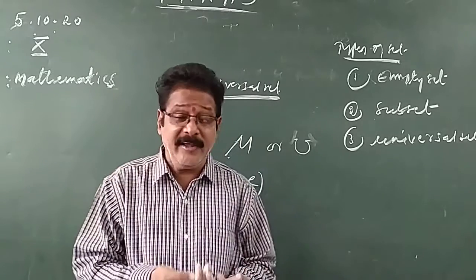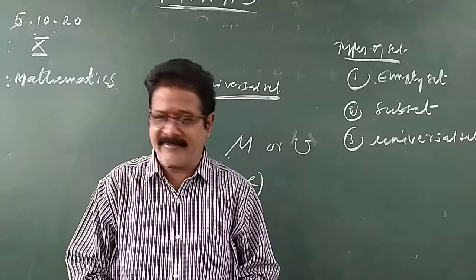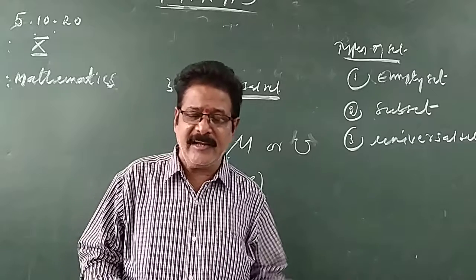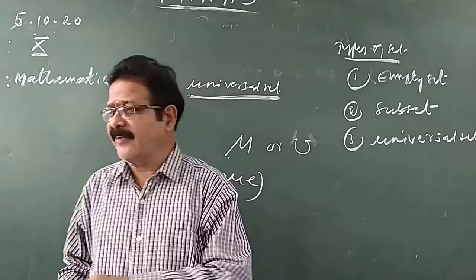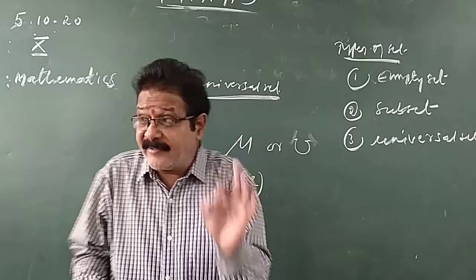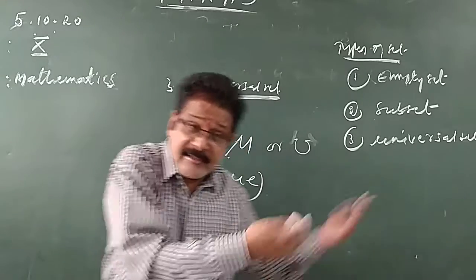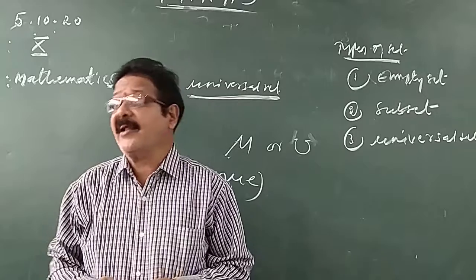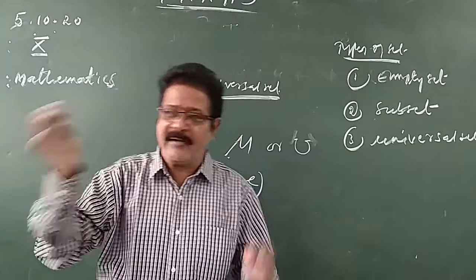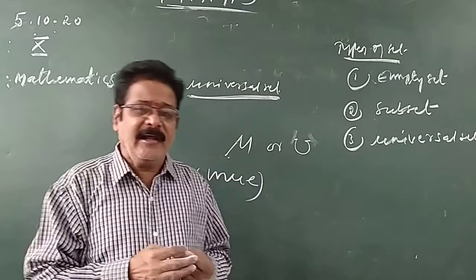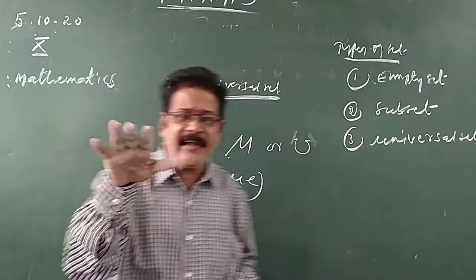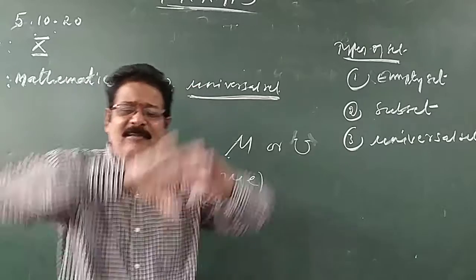TRRI school contains many classes, from LKG to 10th class. LKG is a subset of TRRI school. First class is a subset of TRRI school. 9th class is a subset of TRRI school. Why? All these classes are there in the TRRI school. Is intermediate a subset of TRRI school? No. Intermediate is the 11th class. Our school has only LKG to 10th classes. These are all subsets of TRRI school. Here TRRI school is the universal set. Universal means whole part.